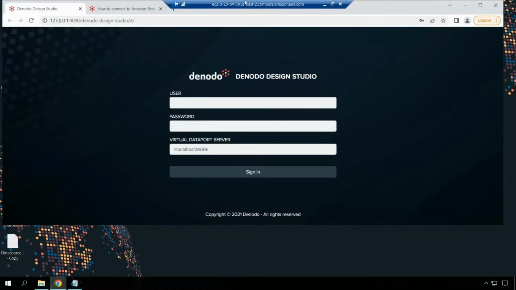So here I'm connected to my Denodo instance running on Amazon Cloud. I have my design studio up and running. So I'm going to log in to the design studio, which is the UI interface to the Denodo server. So once I log in,